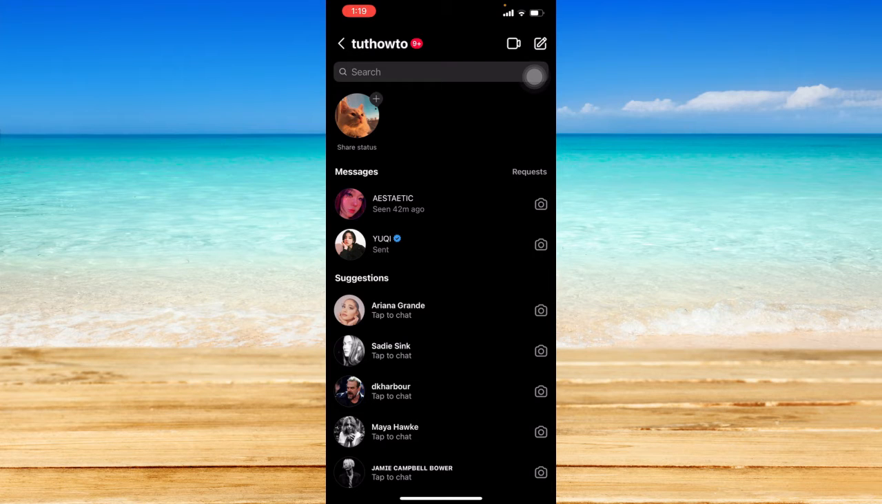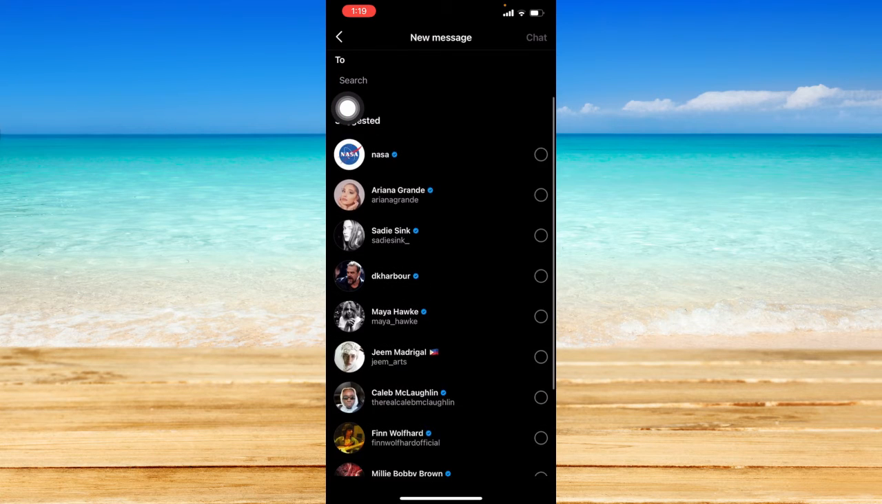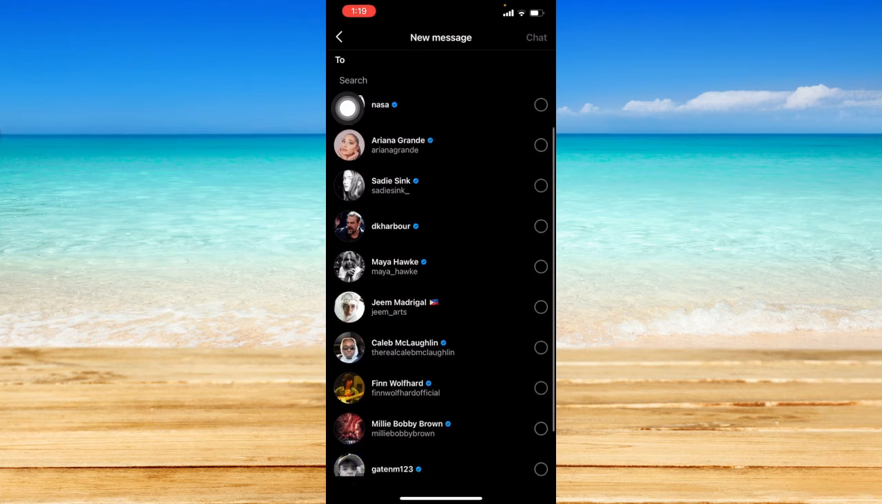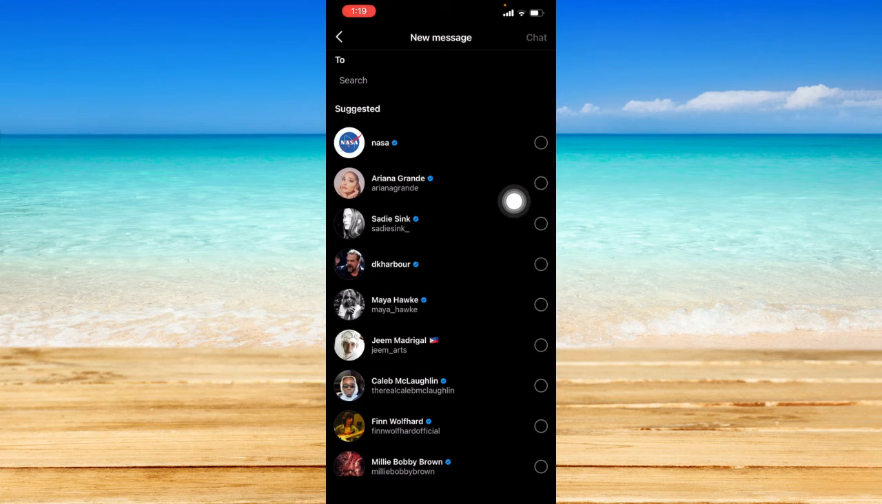To create a new group chat, just click on this compose icon at the top right corner, and this window or this page should open. You can either type in the username of your friend, or Instagram will also list suggested accounts over here, and you can just click on the little circles right beside their usernames to include them in that particular